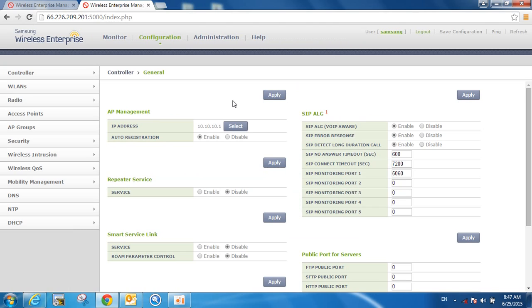In this video, I'm going to talk about the concept of access point groups. This is one of the most important concepts to understand because in almost every deployment done with the Samsung wireless LAN solutions, it is recommended that an AP group be created. So let's get started. As you can see here, I'm logged into one of my controllers